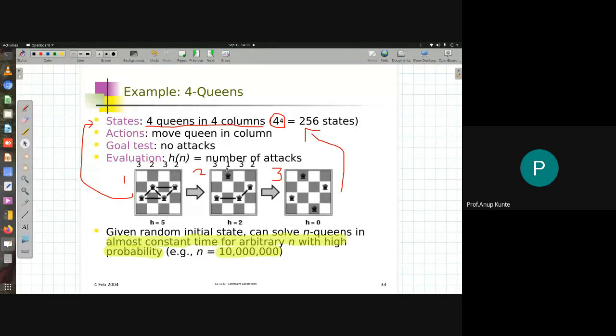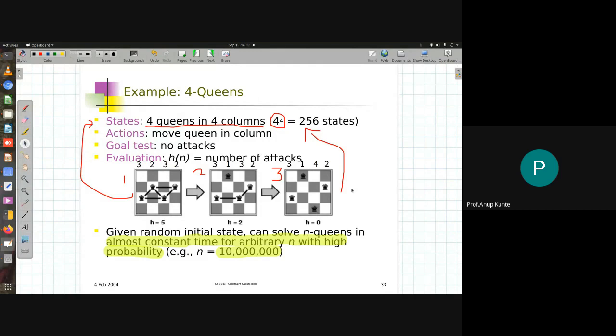Now, what about the third one? The third assignment that I have over here is 3, 1, and I guess 4, 2. This assignment is again a complete assignment, but it does not break any particular rule. So all the rules are followed by the third assignment. Okay, so we talked about these things called assignments. Now, how to realize those assignments, what exactly we are looking at, that is what I'm trying to explain to you. Complete assignment means an assignment where all the variables have values assigned to them.